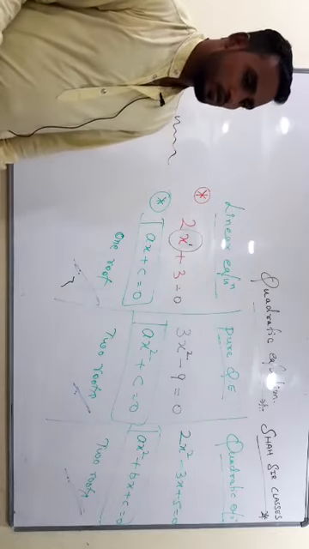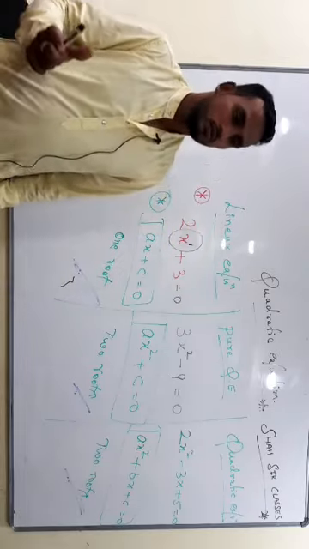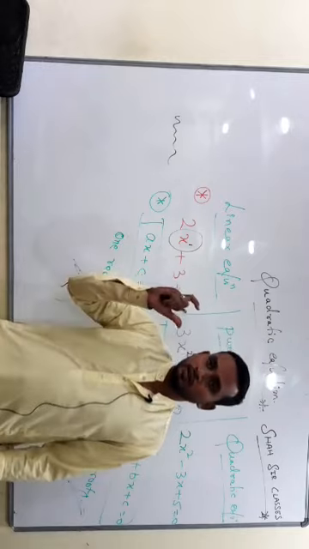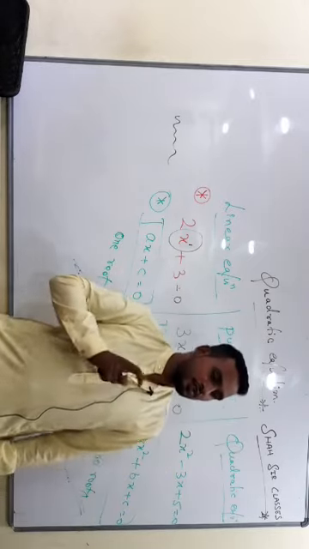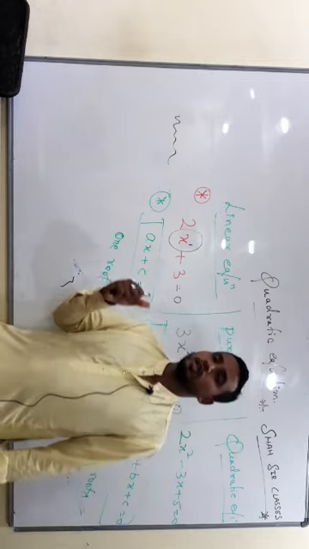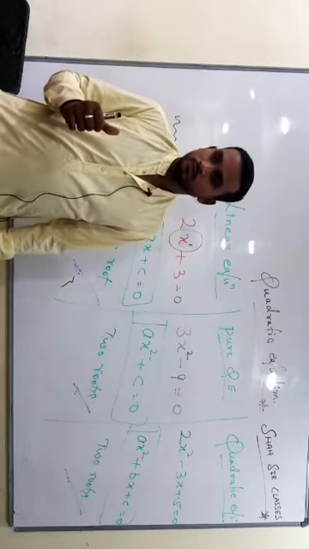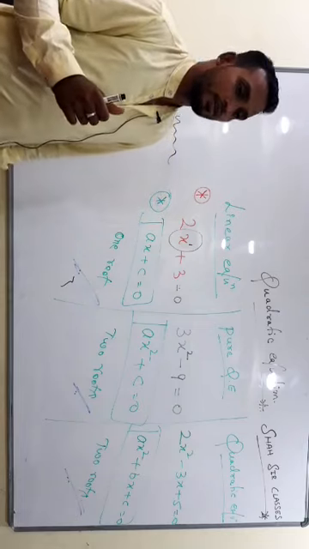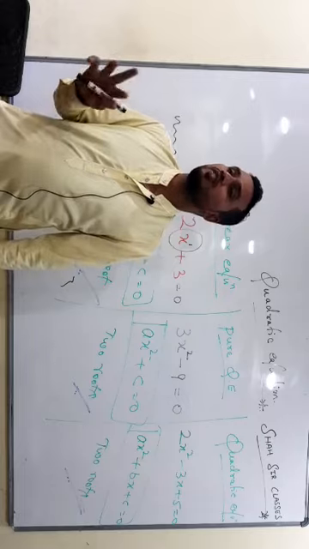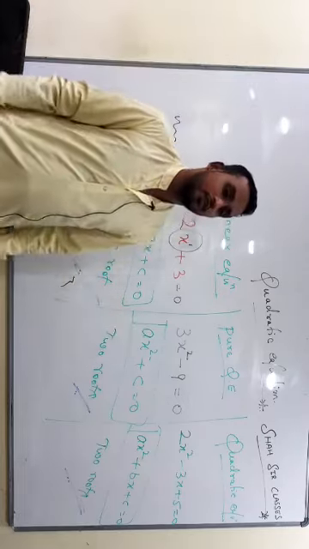Same thing. What you have copied, same thing you should write, just in place of only 1 write only 2. That is nothing but an equation which involves a variable whose highest degree is only 2 is called pure quadratic equation. Next line, what did we take in the before case? Standard form. Good. So take down the standard form.